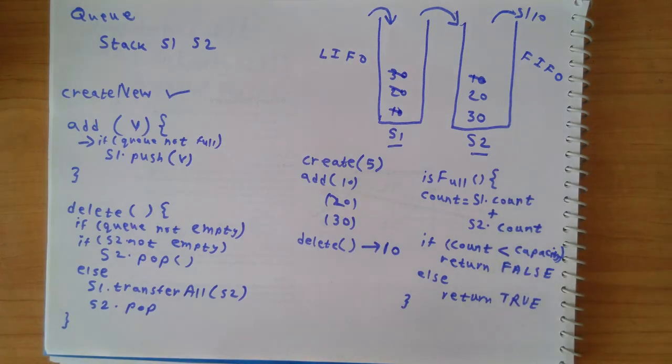Okay, so that's about implementing a queue using 2 stacks. We can implement a queue using a single stack as well. That requires a bit of thinking and adjustments, but we will come back to that at the end of the course if we have time. First, let's try to cover as many data structures as possible, and then we will cover more problems if we have time.